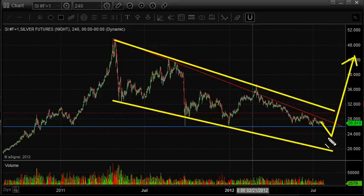It does have a nice support line here that has been holding up, but usually clean support lines get broken. Just like this downtrend line, you see it kind of blows above it and then gets rammed back down and sells off, really shaking the market out. It'll do that to the downside also. You'll see it pierce, break down, get all the bulls selling, and eventually see it bottom out and take off